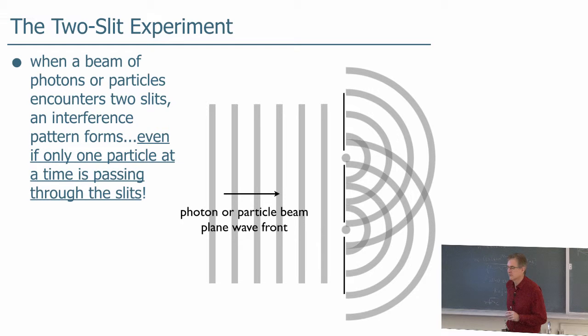Photons are certainly waves. Now, if particles are also acting as waves, we ought to be able to create a pair of slits for, let's say, a beam of electrons coming in. They would have to be very, very close to each other because, as we saw, the wavelength of our electrons, if they have even 100 volts, was already a tenth the size of an atom. So we have to use pretty low energy electrons and slits that are nanometers apart. Nevertheless, such an experiment is in principle possible.